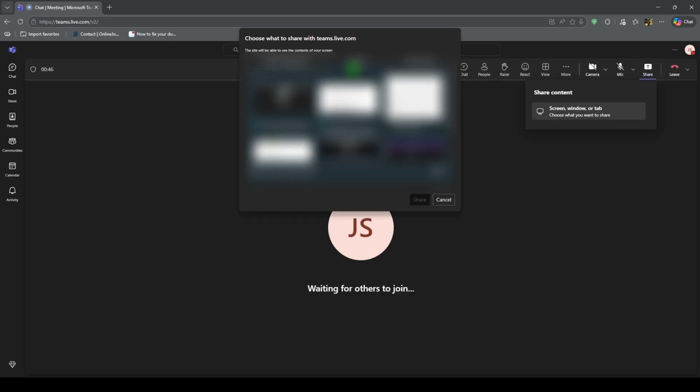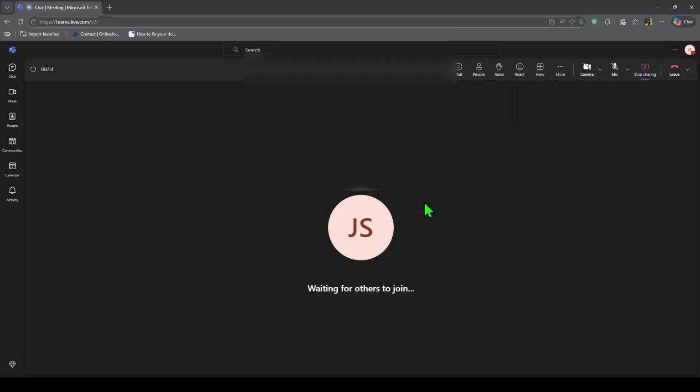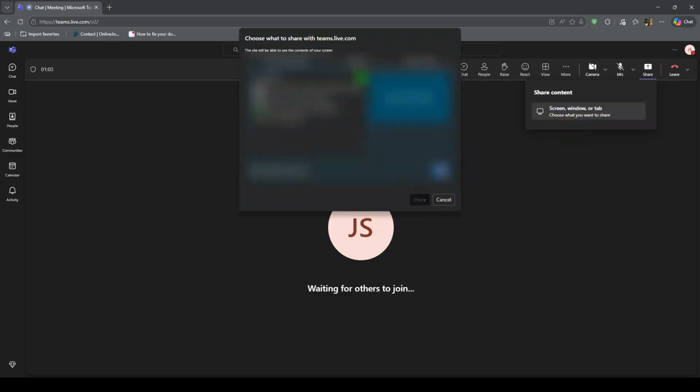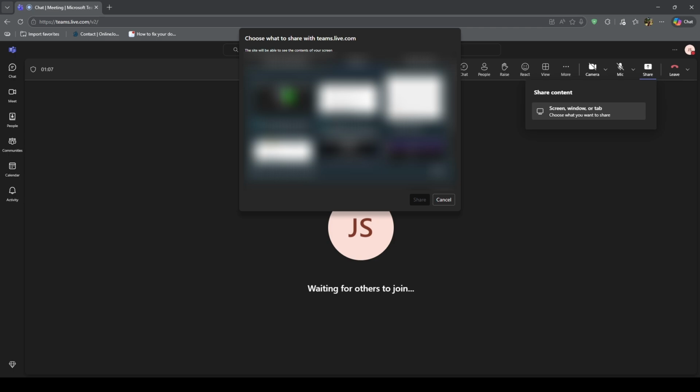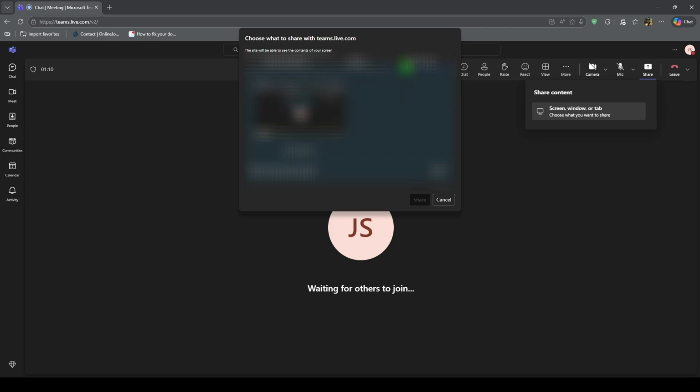According to Microsoft, Screen shows everything on your display, while Window lets you share just one open app or browser window. If you only want people to see one program, choose Window. This is usually the better option because it helps keep notifications and unrelated tabs private. But if you need to move between multiple apps, choose Screen instead, so everything on your display can be shown